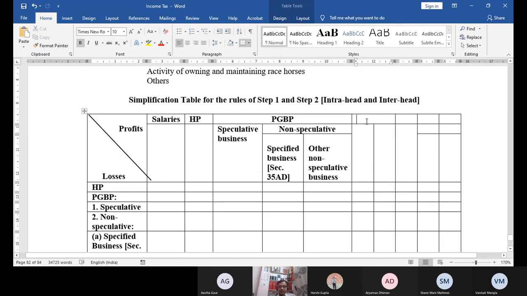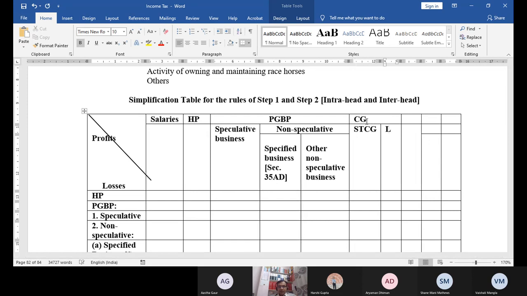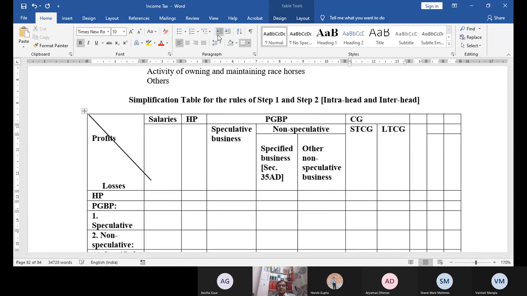This is capital gain. STCG and LTCG. Similarly,